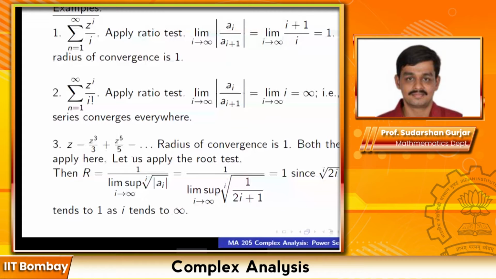Sir, what is i factorial? What is? i factorial means... That i, please. It is not the imaginary number i, right? It's the term i. So instead of summations, I have written n equal to 1 to infinity. I really mean i goes from 1 to infinity, varying over the integers. This is not the complex number i. Yeah, that's a typo. n should be replaced by i.